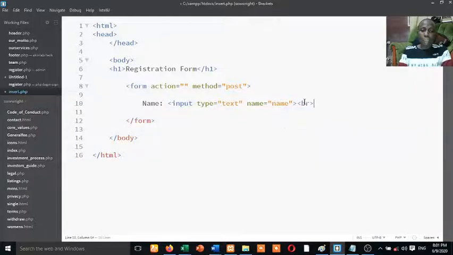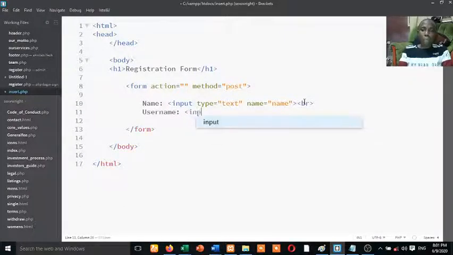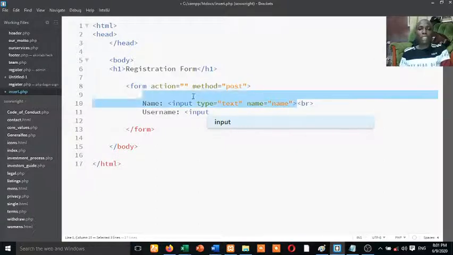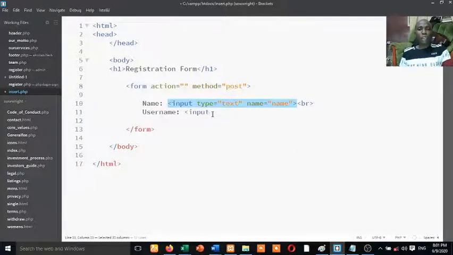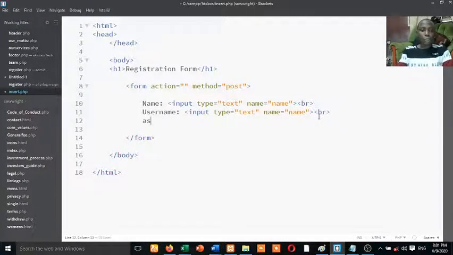I'll add a break tag. What did I call it again? Oh, okay, that's full name, username. Then I have an input also, type. Please, you are beyond HTML, so because of our time, I want you to be following. I want to have a break tag here. Then password,